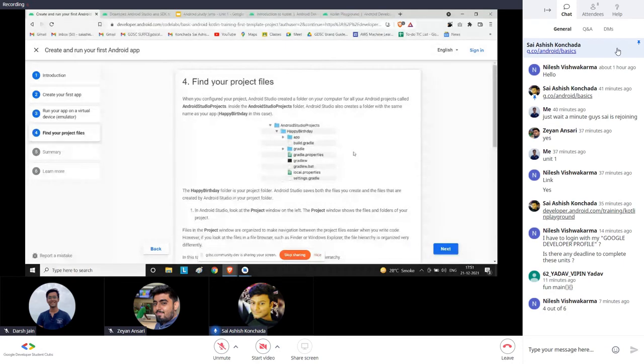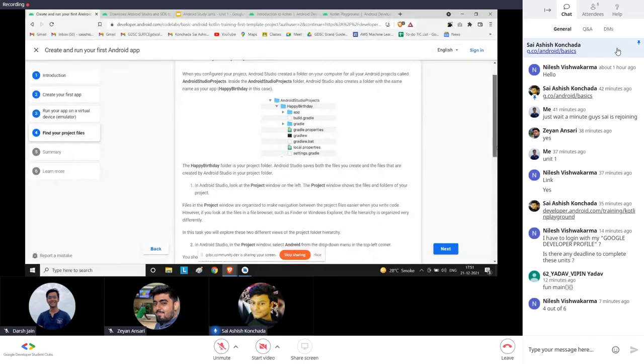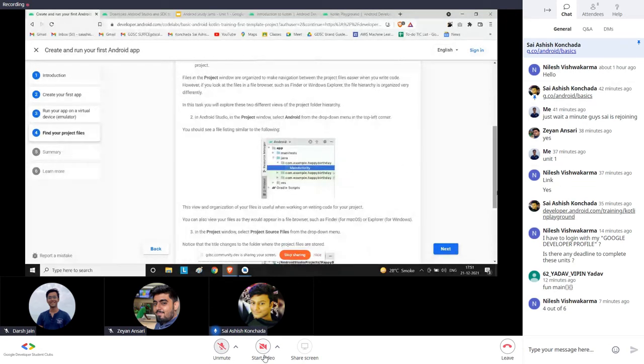This is the project files. This is the structure. There's something called an Android Studio project, and inside this will be our project. Let's say my project name was Happy Birthday. In this we'll have these different files, and these files will be present for all your Android apps. These are the Gradle builds, settings, and so on. I'll explore them one by one because now it would just be confusing.